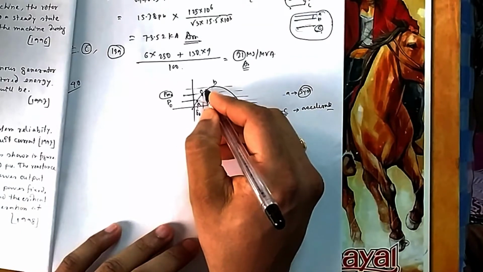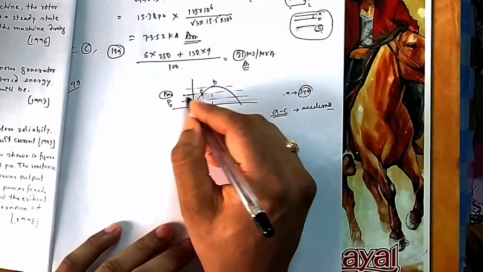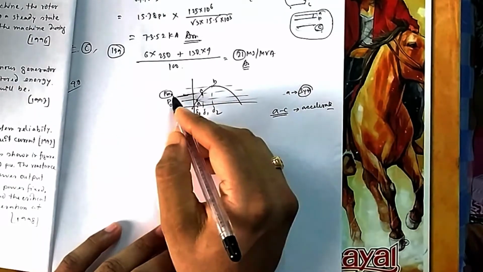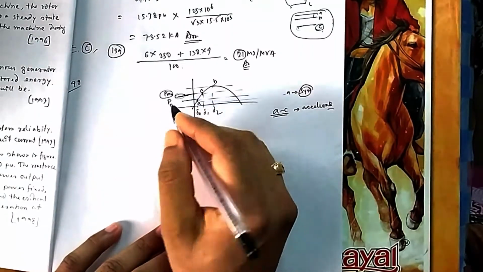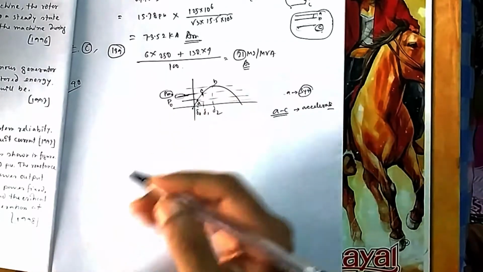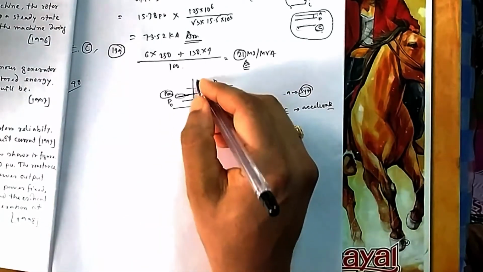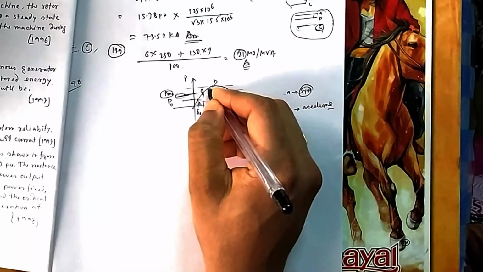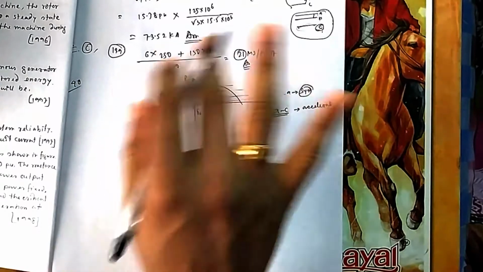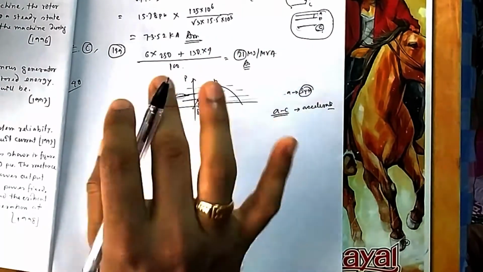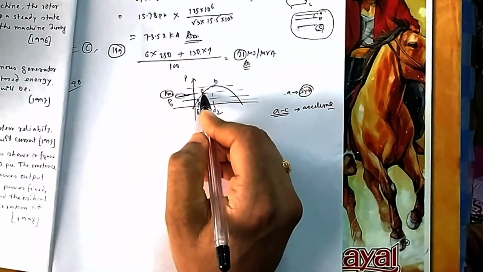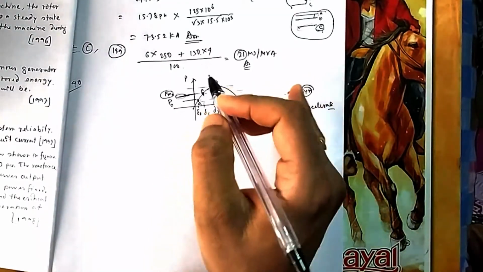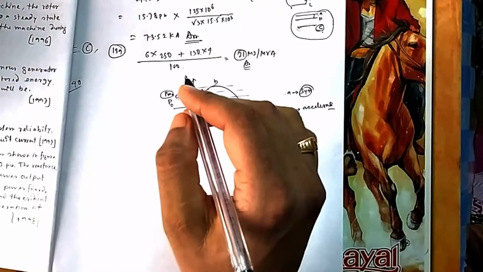So when it crosses C, then your electrical demand is at PM. This is the new demand level, and your supply level is also this one. So what will happen? Now because you are moving here, P is equal to PM. So electrical output is more, but your input, that mechanical level, you have supplied your force so that it maintains this much level, but you are going above that, so your force becomes less. So that means you have no acceleration.